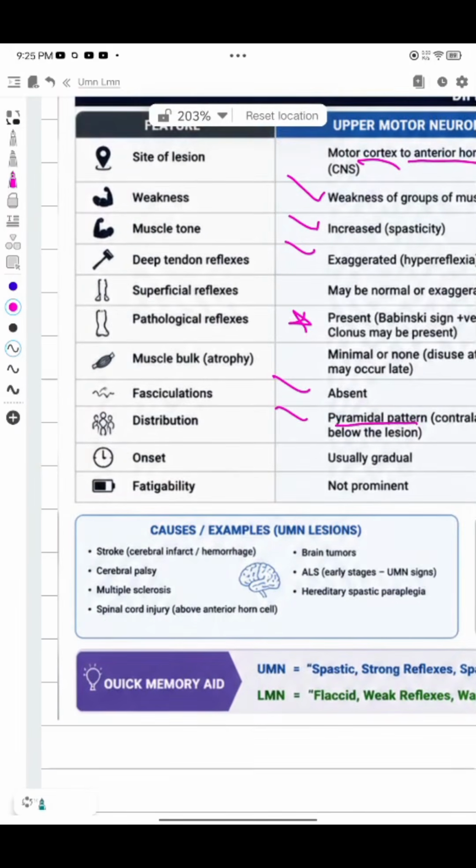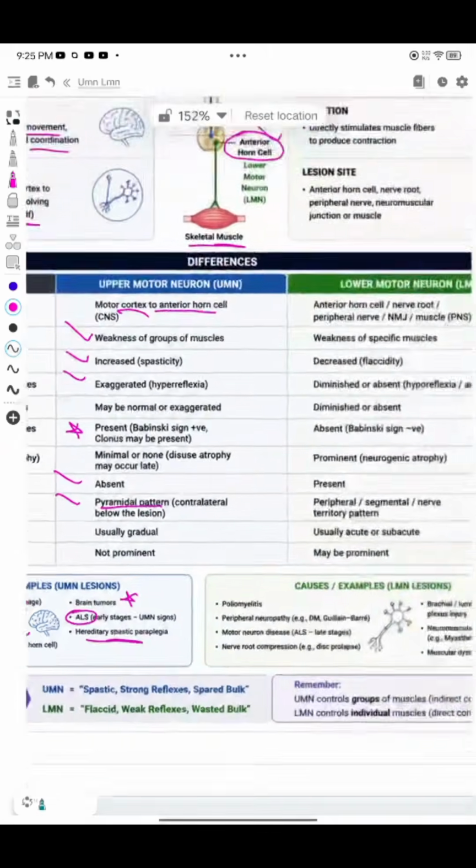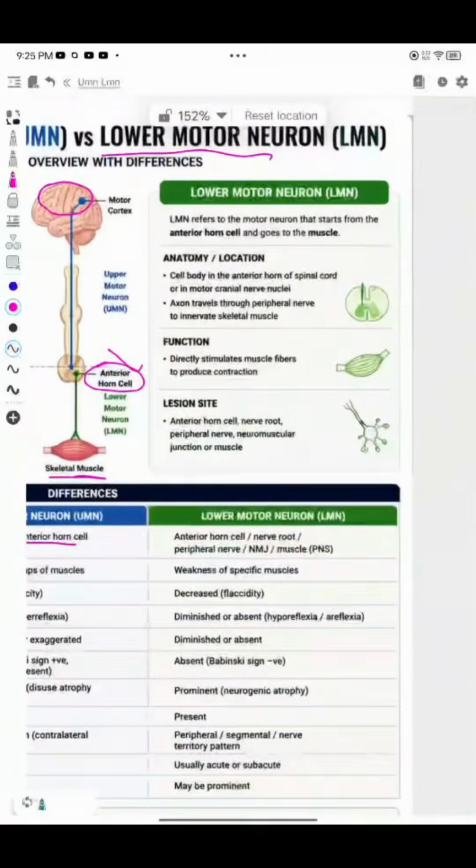The causes or examples of upper motor neuron lesions could involve stroke, that could be infarct or hemorrhage, cerebral palsy, multiple sclerosis, spinal cord injuries above the anterior horn cells, brain tumors, and hereditary spastic paralysis, and also the ALS in the early stages. While the lower motor neurons, they start from the anterior horn cells and go to the